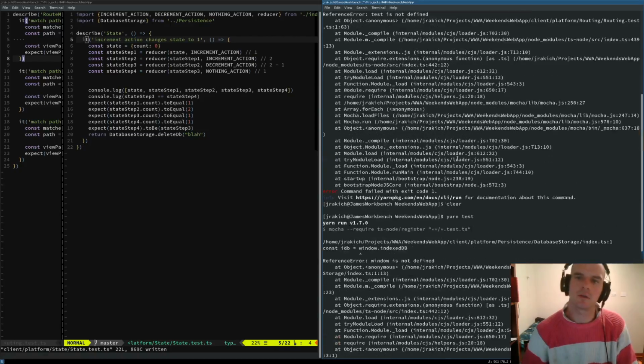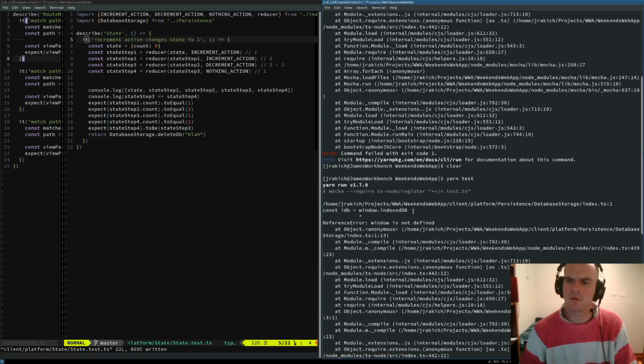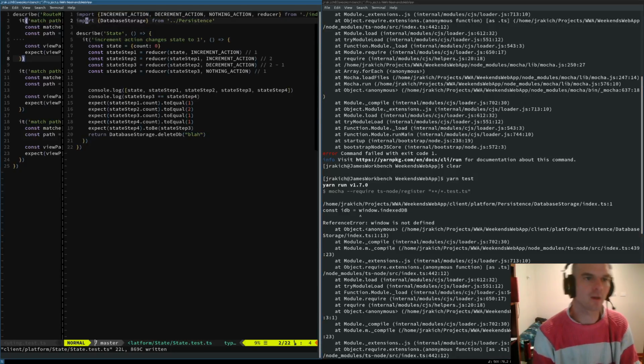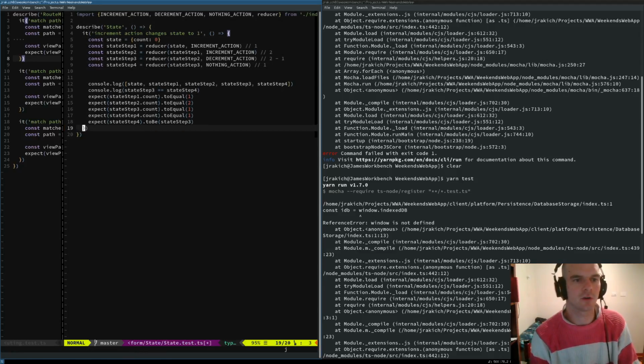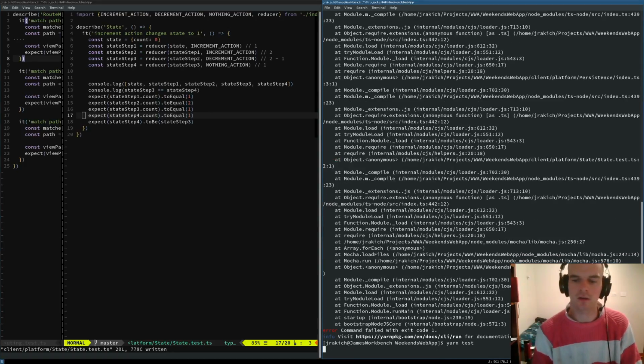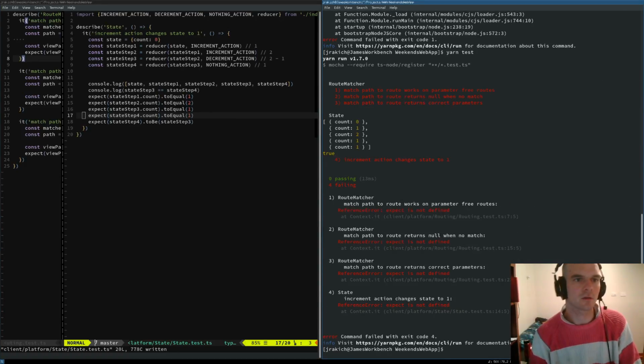Hell no. This is interesting because of this window index fine. So we still have issues with those kinds of tests. No doubt about it there. But that's because we're running in this node context, and eventually we won't be running in this node context.